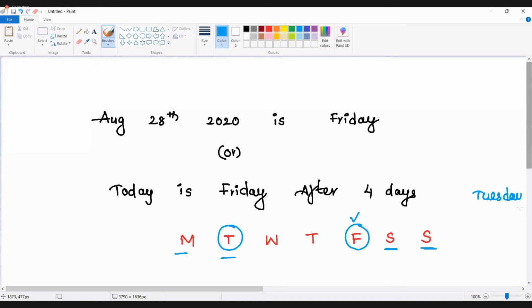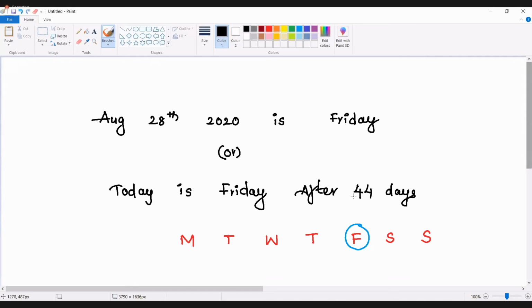So this is what we call it: draw the day scale, take your reference, and move on the day scale. If it is talking about the future, then move in the forward direction on the day scale by the number of days. Sometimes they are going to project the question differently. Instead of asking, if today is Friday, what is the day after 4 days, which looks like a very simple question,